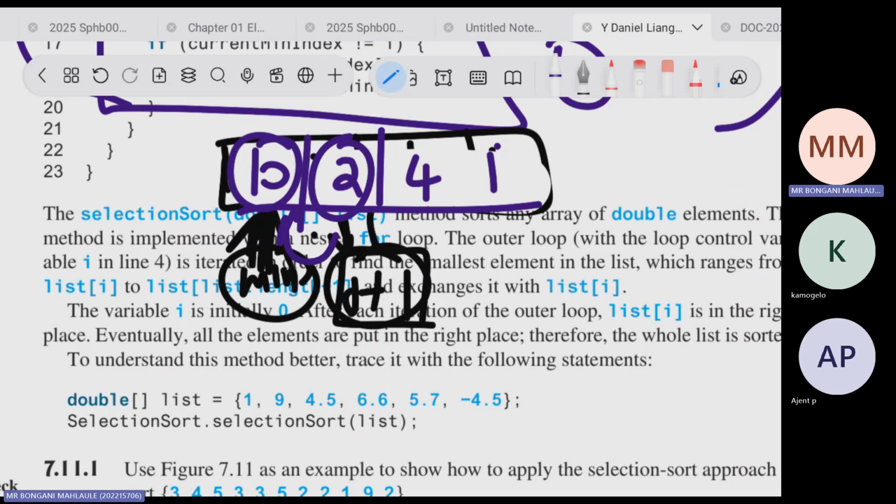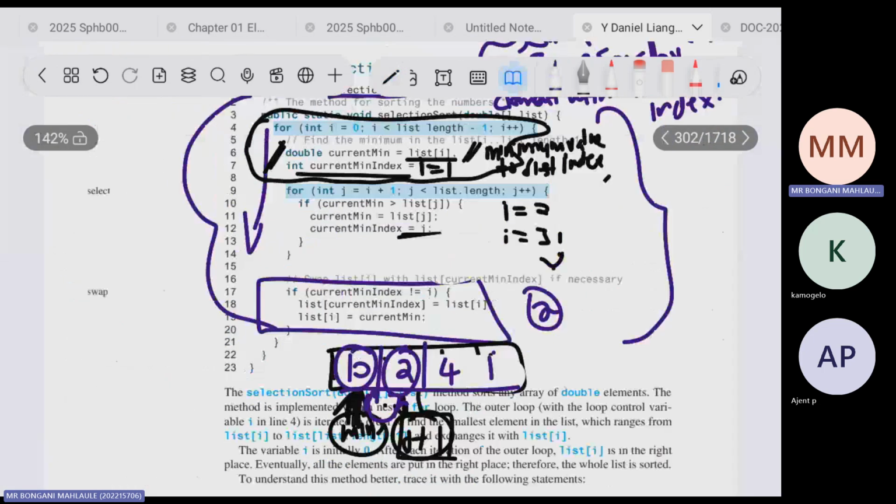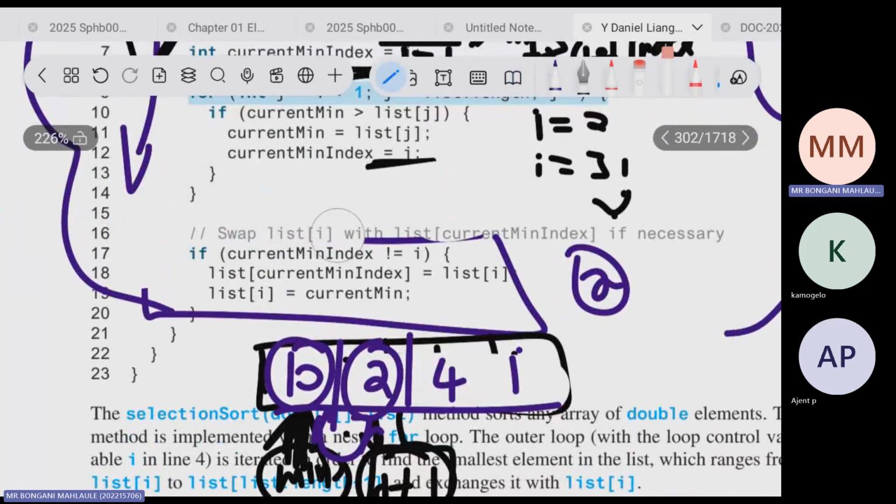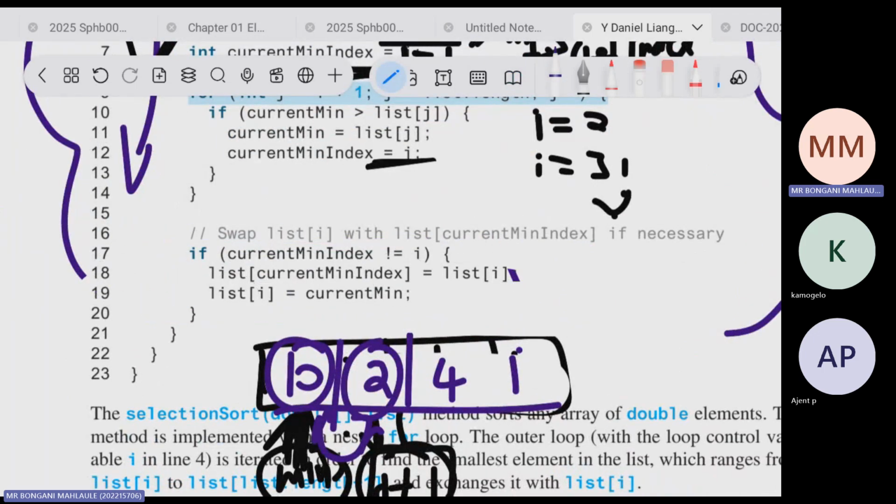And then it will perform the swap, which is this part, which is the second algorithm. This is where it performs the swap. So when the minimum index is not equal to I, list at the current index will be initialized to list at I. And also list at I is equal to the current. Here is the one. Here you must create a